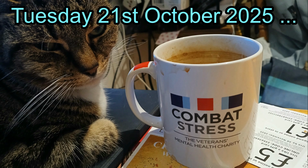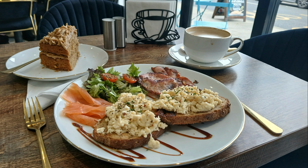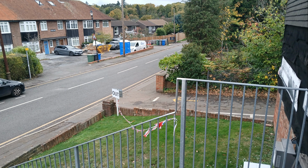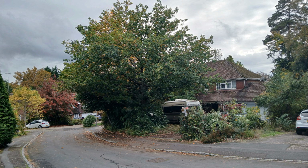Tuesday the 21st of October 2025. Yes, there's Michelle, cat lady, with Combat Stress, the Veterans Mental Health Charity mug. And yes, not many photos taken, but it looks like lunch in the Blend and Brew and into the Comrades Club. Yes, quite a lot of time in the Comrades Club that day. And yeah, back home,